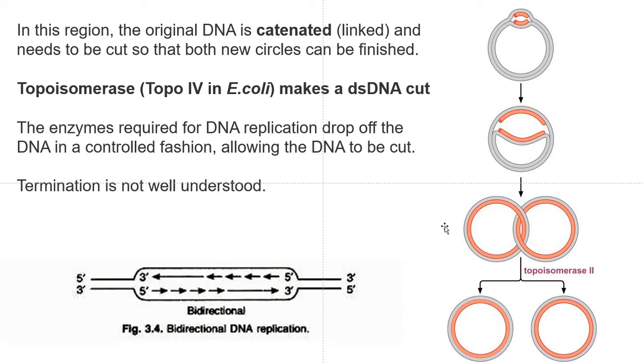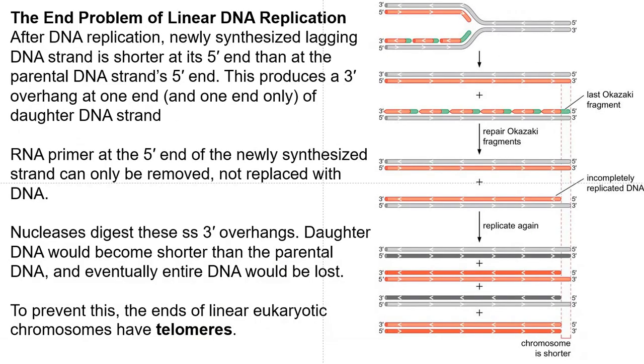This is the most we know about termination of DNA replication. It is not very well understood, so there's still a lot of work going on to completely understand DNA replication termination. So now, that's what we talked about as a prokaryotic DNA molecule, so that is circular. But eukaryotic DNA molecules are linear DNA molecules, and then there's a problem of how to replicate the ends of